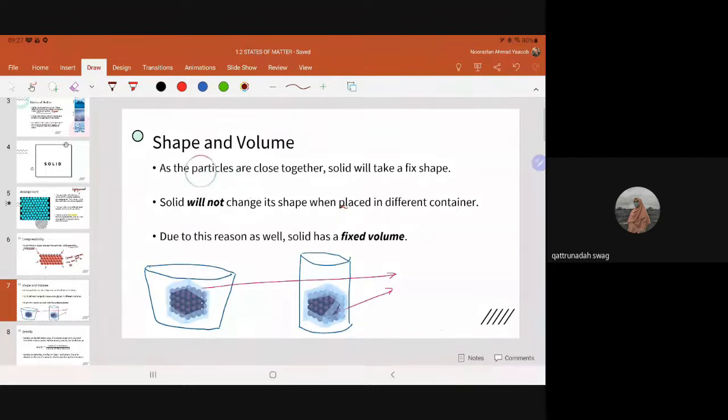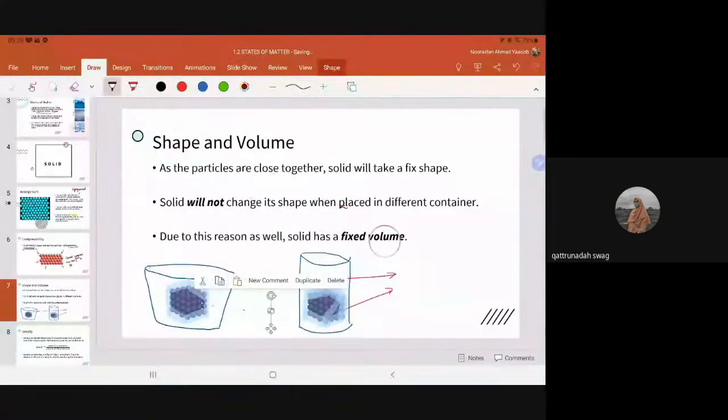Kalau kita tengok, as we know, as the particles are close together, solid will take fixed shape. So bentuk dia kekal sama. Okay, so kalau bentuk dia bentuk cube lah dia. Letak dalam mangkuk bentuk cube, letak dalam cawan pun bentuk cube. Kita ambil pemadam, letak dalam besin, kita letak dalam tong sampah, bentuk pemadam tetap sama. Okay, dia tidak bertukar lah. Okay, solid will not change its shape when placed in different container. Sebab semua dah rapat-rapat, dia tak perlu isi ruang yang ada dalam bekas itu. Due to this reason as well,